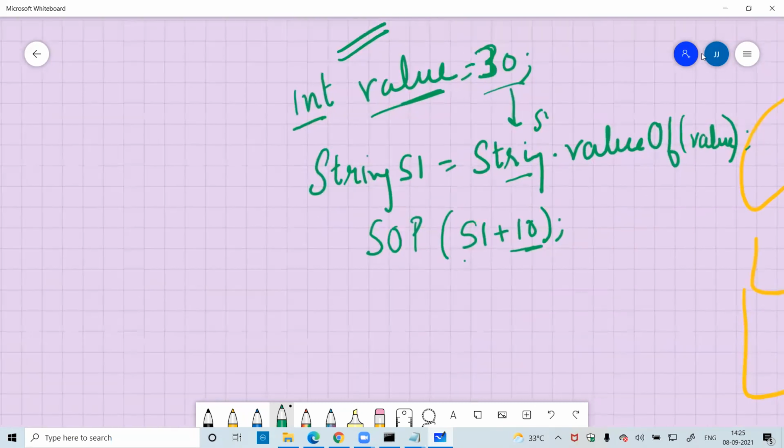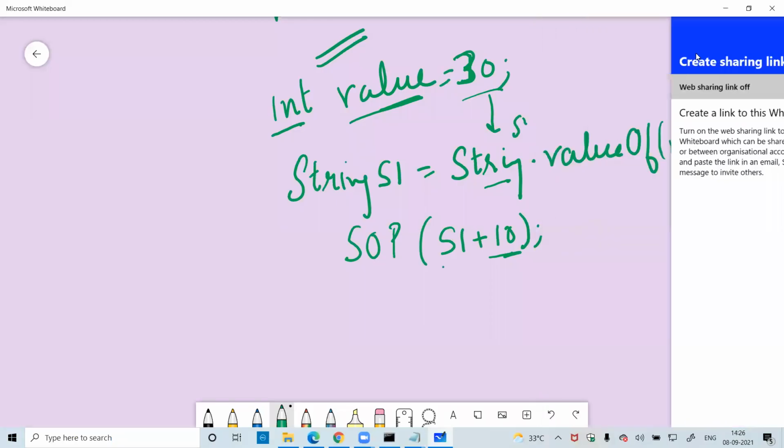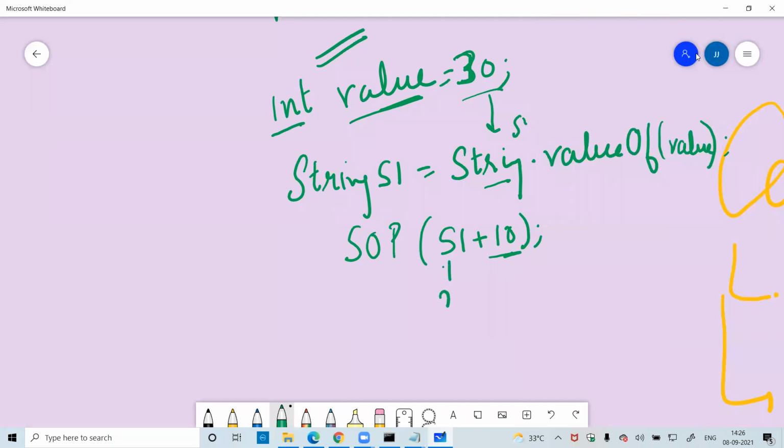Now the answer of this will be 3, 0, 1, 0. It will concatenate because this is a string, and after any string, the other is also assumed as a string. Now the answer is a string.